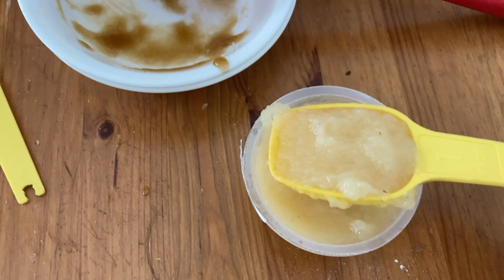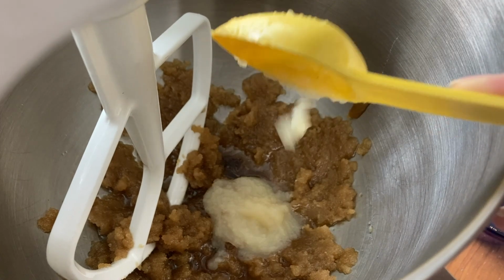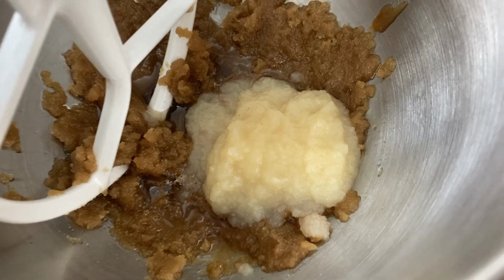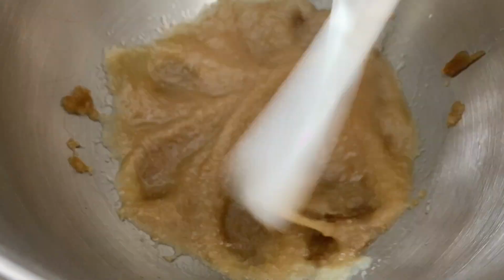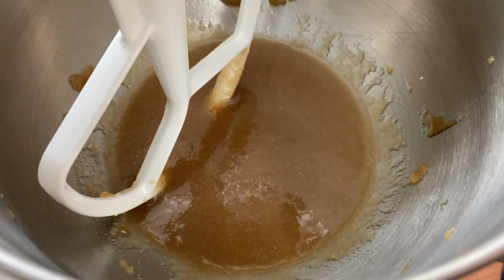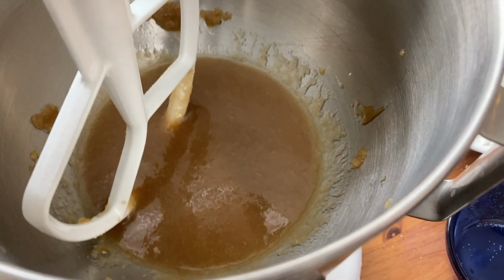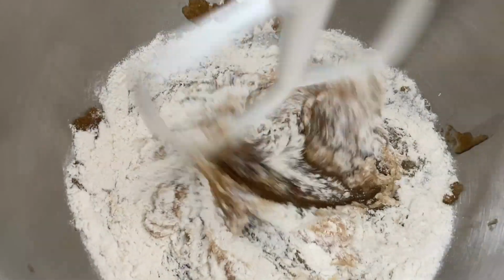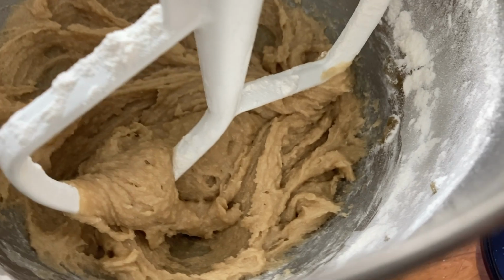Okay, so for the applesauce ones, it's just 4 tablespoons of applesauce going in. Okay, let's see what happens. So it looks pretty smooth. Obviously, it's a bit more runny than the other ones were at this point, but let's add in the flour. Okay, definitely a lot more